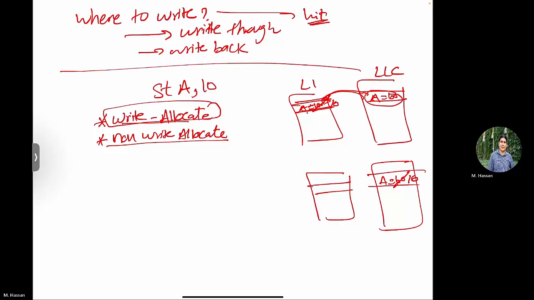So just to summarize, the case of write through versus write back is about write hits. The case of write allocate versus non-write allocate is related to a write miss. If I have a miss, should I bring it or shouldn't I bring it? These seem a little bit decoupled, which is true, but in reality, one of the techniques works better with another technique. If you look into most modern architectures, you will find that in reality, write back,